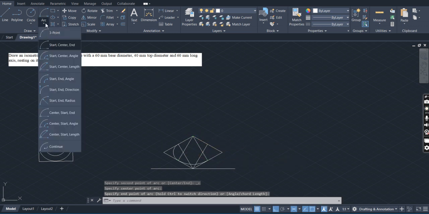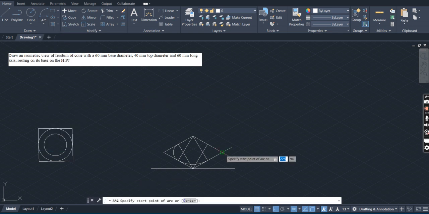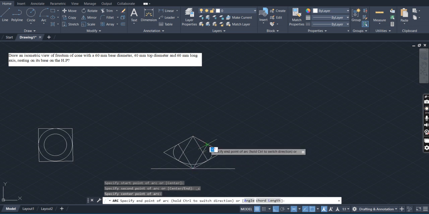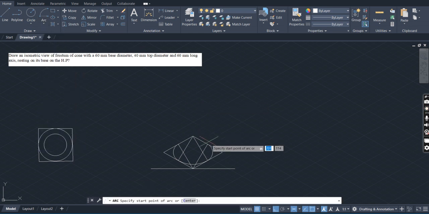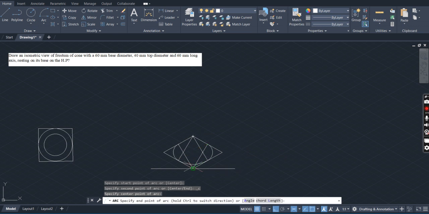Next, select this third. Start, center, end. Starting point, center point, and this is the end point. Similarly, start point, center point, end point. So we have constructed the base for the cone,